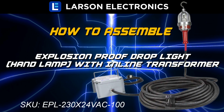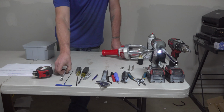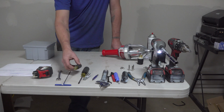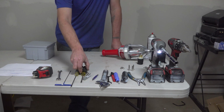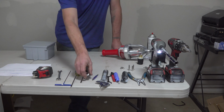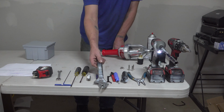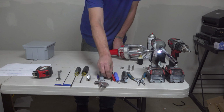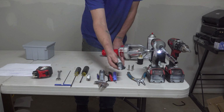Alright, today we will be building a step-down hand lamp with an inline transformer. Tools for the job will be a tape measure, 7/16 wrench, a 2mm Allen wrench, a small skinny flathead, a Phillips head, a 1/2-inch tap, Phillips head drill bit, a crescent wrench, a 1/2-inch lock ring wrench,